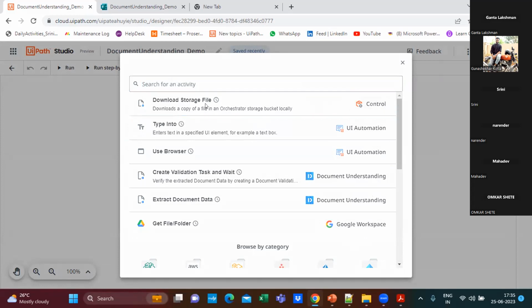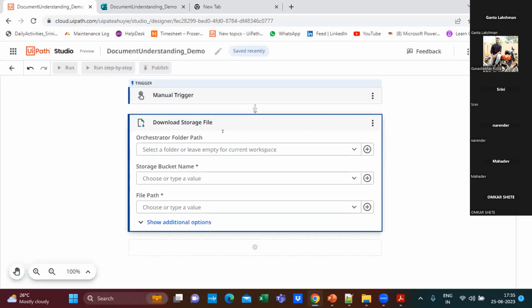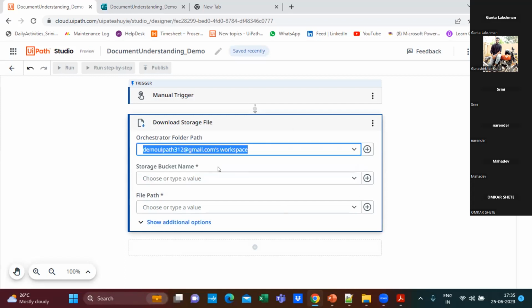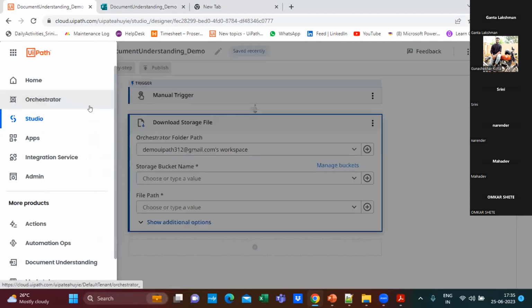Okay. So I need to download the storage file from the storage bucket. For that, we need to input some parameters over here. It is asking me for the orchestrator folder path. So I put it as a workspace because my document is under the workspace document only. In the workspace